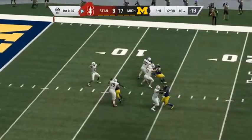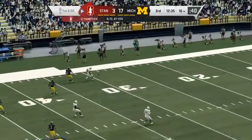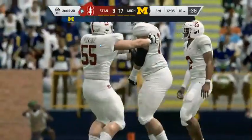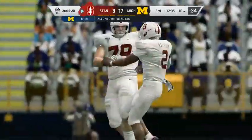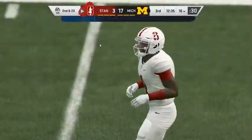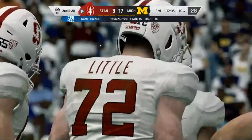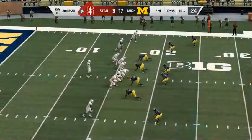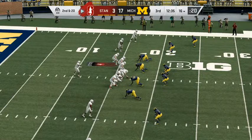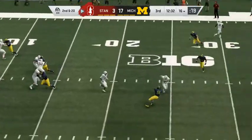Out of the gun, they'll look to throw. He's going to loft one deep left side here. And that'll wind up incomplete. Try to give his man room to run under it, but it's 2nd down. You know, despite the scoreline, I think they've got to like where they are here. They're on the road and just one big play away from getting right back in this game. I'm going to follow right along with you, because the spot they're in now is a credit to their defense. They've kept them in it by making the plays that they've made, and that just means you're one big...